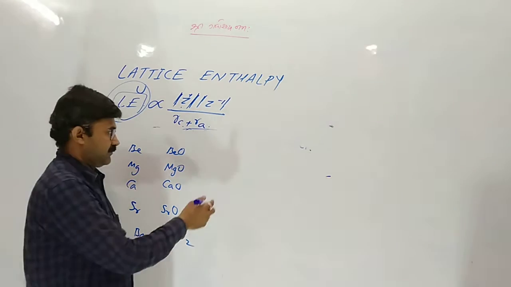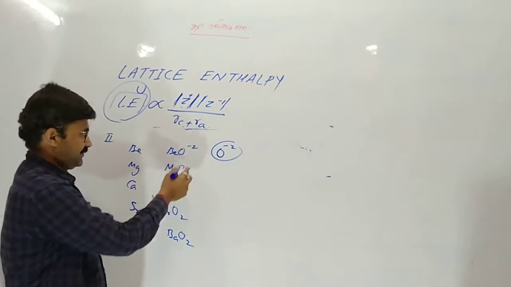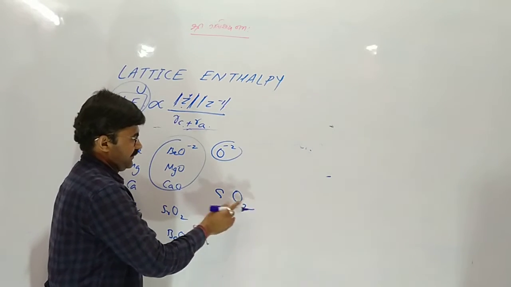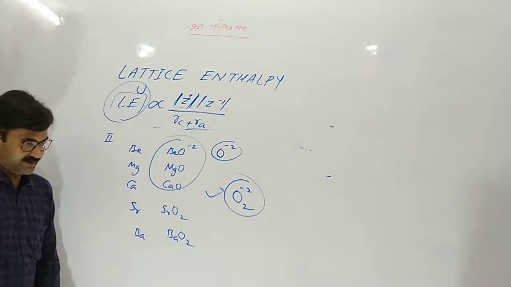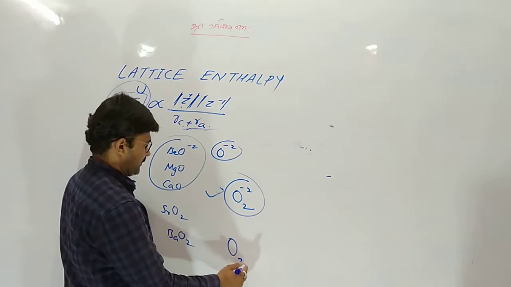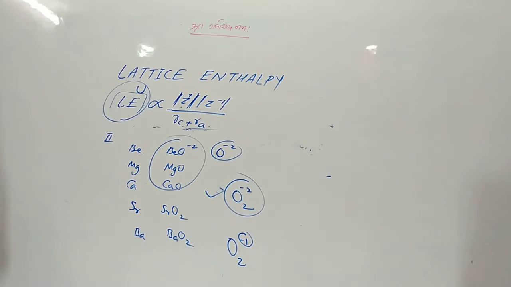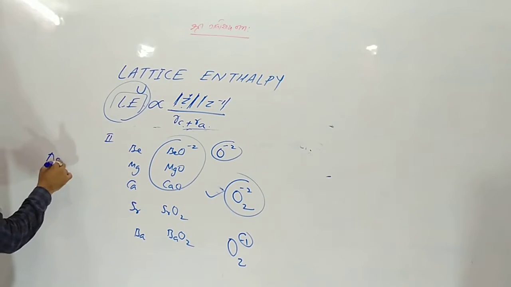Now listen, the word O-2 means oxide. This is oxide. O2 with -2 charge is the peroxide, and 2 oxygen atoms together possessing -1 is the superoxide. Beryllium and magnesium